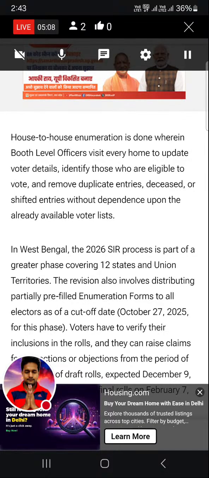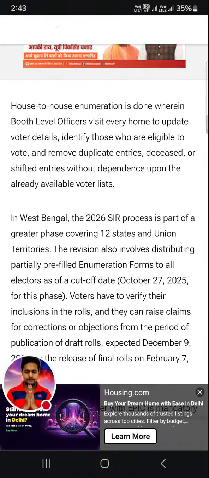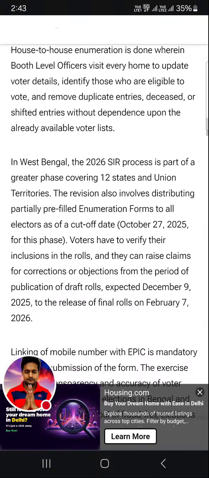House to house enumeration is done wherein booth level officers visit every home to update voter details, identify those who are eligible to vote and remove duplicate entries, deceased, or shifted entries without dependence upon the already available voter list.